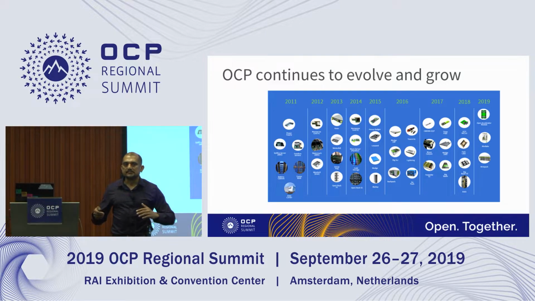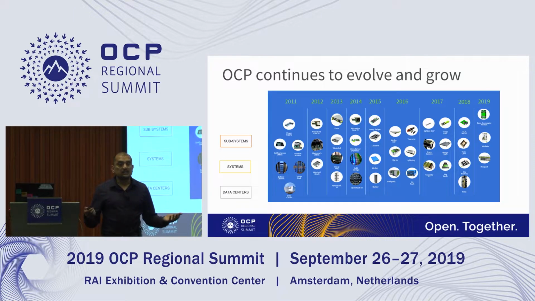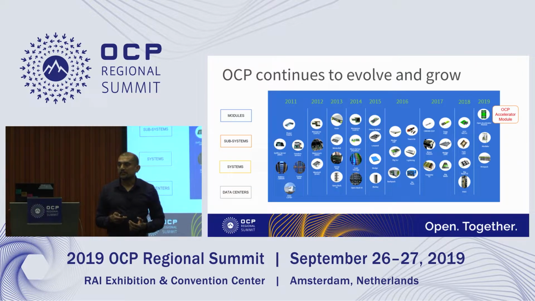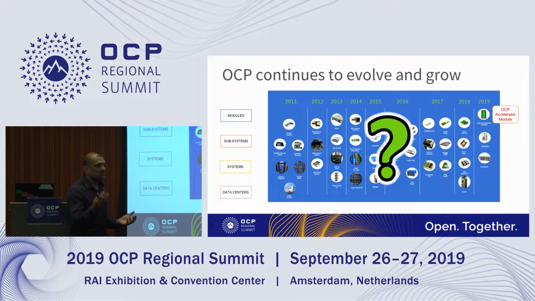The interesting thing about this set of contributions is that as you look at the sequence, it started with data centers, went through contribution of systems, subsystems, and in the last 1 year, an exciting development of modules has been contributed into Open Compute, starting with the OCP accelerator module. So this gives you some perspective of how OCP is evolving over the last 8 years, and where are we going next? That's an interesting question which we have in front of OCP.